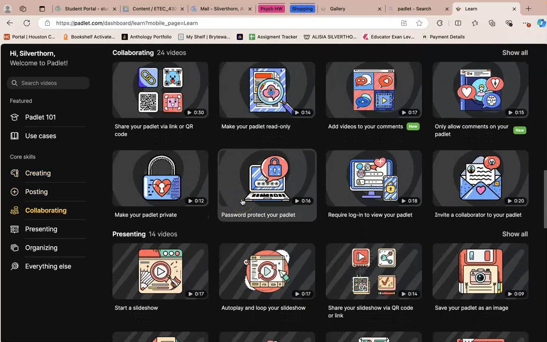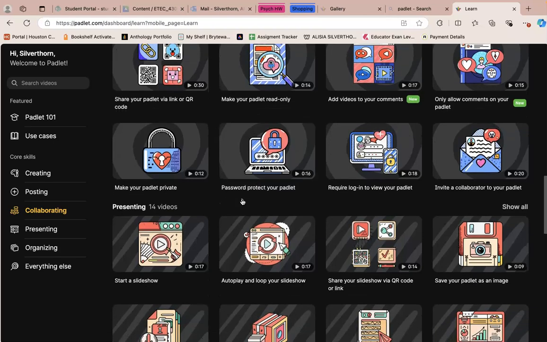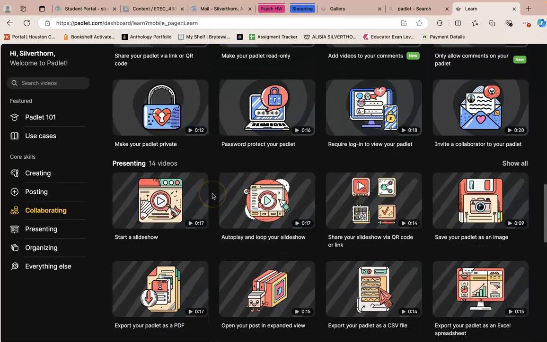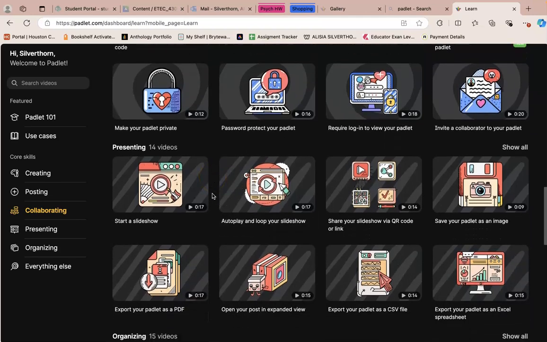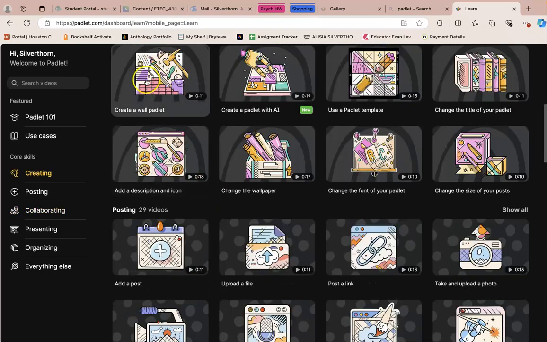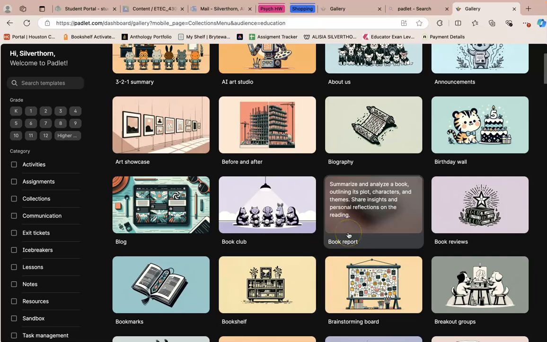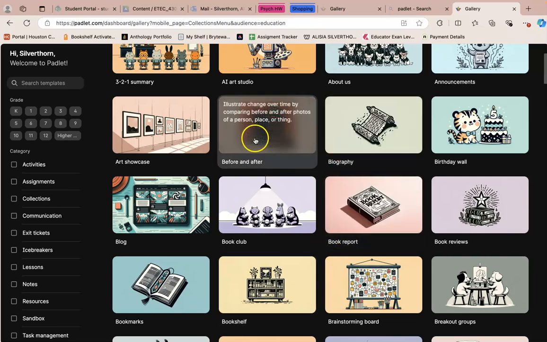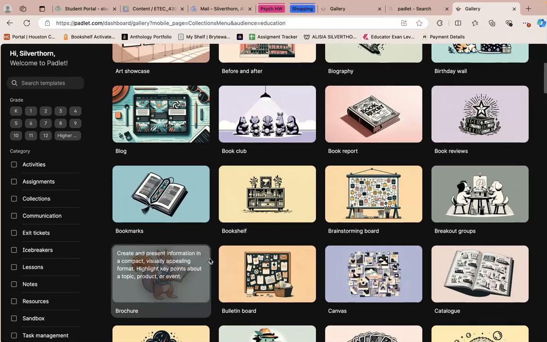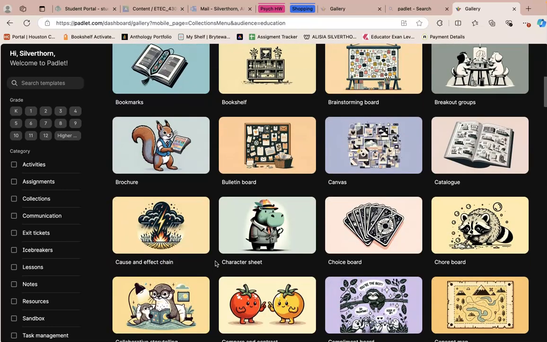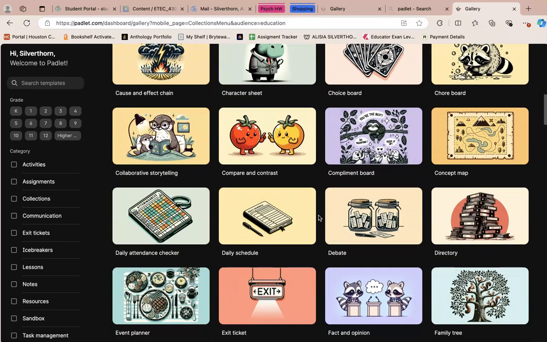The last thing is assessment and feedback. Padlet doesn't have to be used only for content delivery, but can also be used for formative assessment. You can create boards for students to submit their work or reflections. Let's go to the gallery, such as a book report, biography, before and after of materials, a bulletin board of their ideas. Just so many